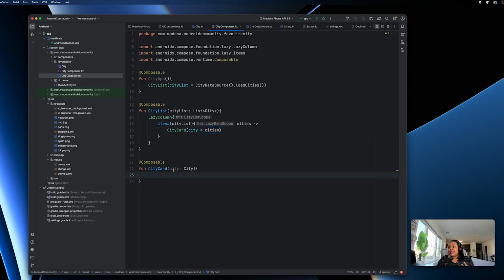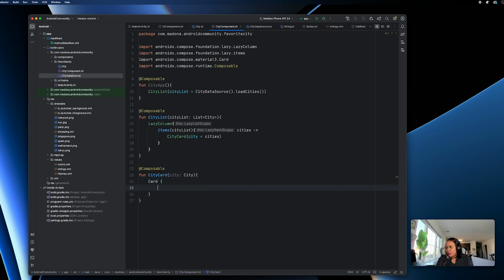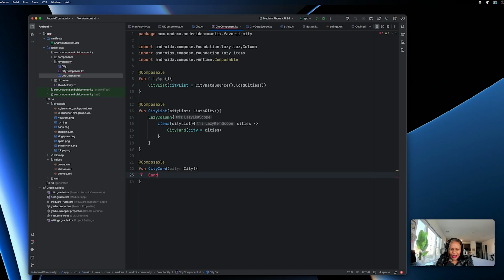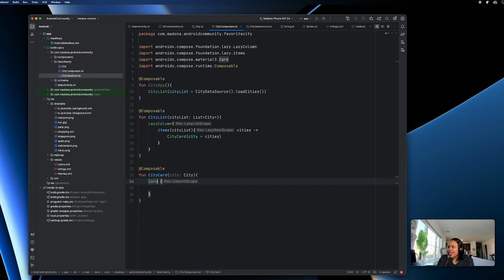Now, we've created this city card that takes the city. But how are we going to implement this? Now, this is where building the cards starts. We're going to import the card, and this card is definitely the composable card provided by Compose. We don't want to click right now in this demonstration, because I also mentioned in the beginning I don't want my videos to be so long, so I'm not going to make an entire clickable functionality which leads to another screen. So let's just do this card that takes just a modifier,